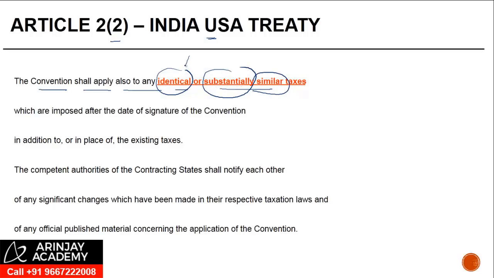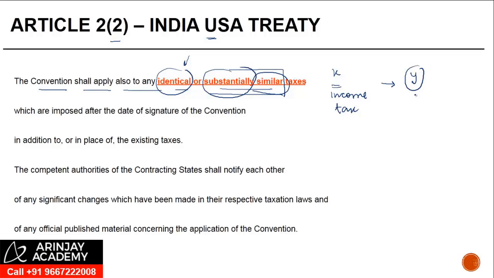Identical would mean exactly the same. Substantially similar would cover a case where there is a tax, let's say X, which is income tax. Tomorrow there is another tax which is levied. Let's call that tax Y, which has the same basis of computation, and maybe the same manner of